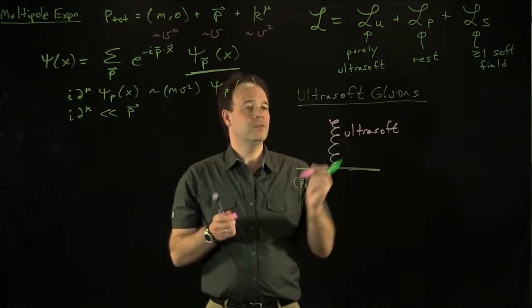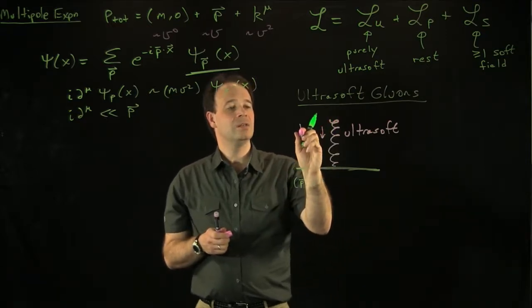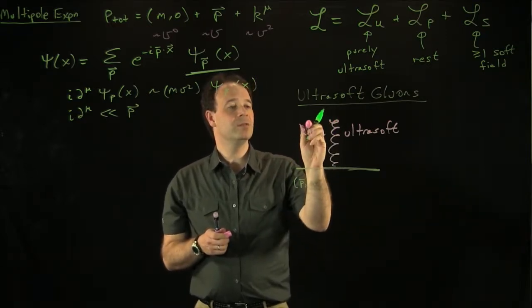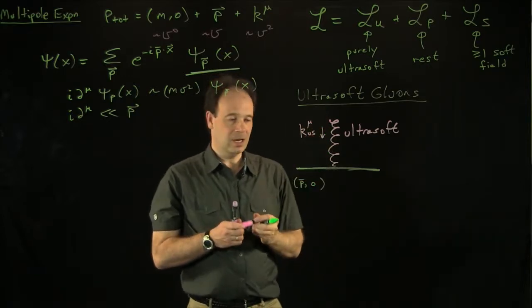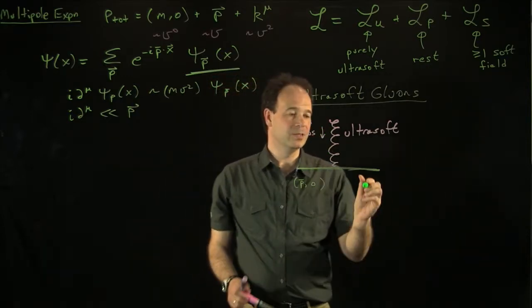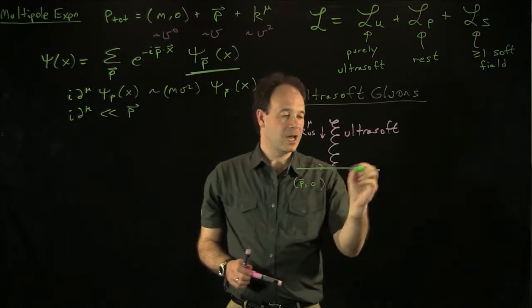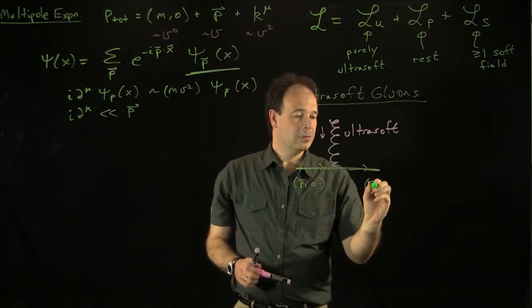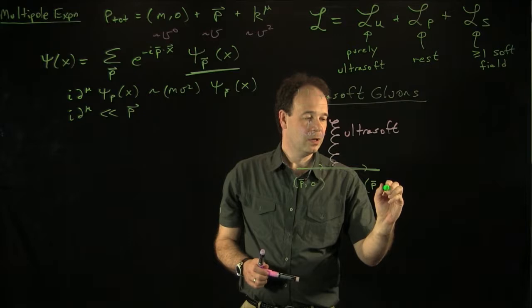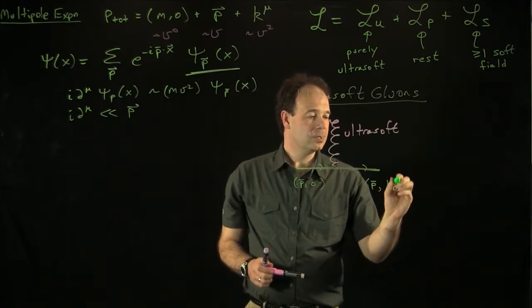What the ultrasoft gluon brings in is some ultrasoft momentum, but it's only changing the part that's of order mv squared. So this final state guy would still have p here, but then it would have k ultrasoft in the mv